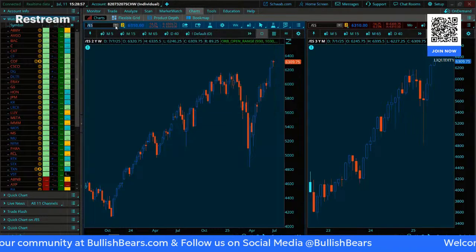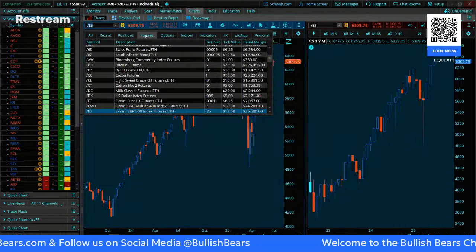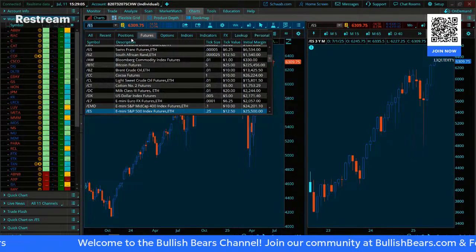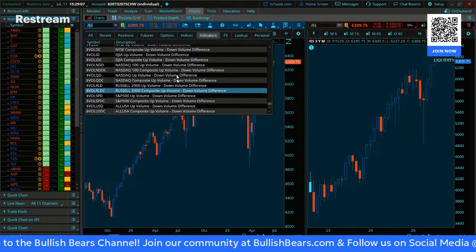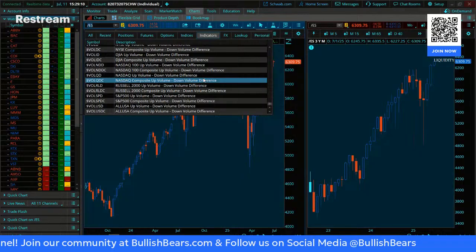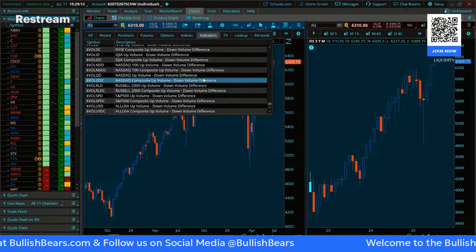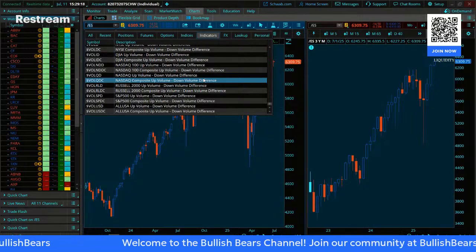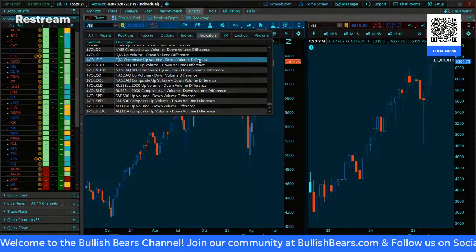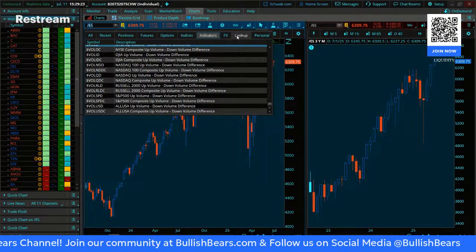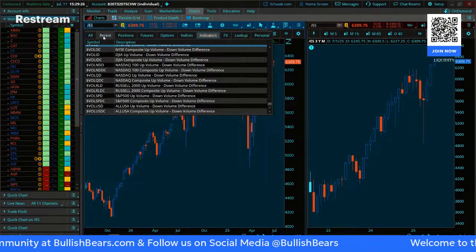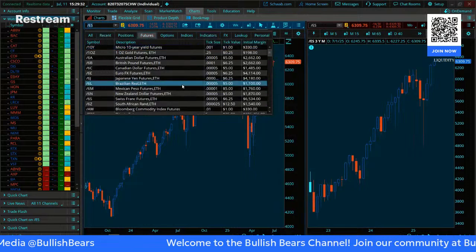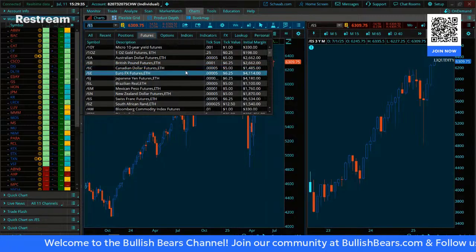When you open up the drop down menu, you have a bunch of choices across the top. Choose futures. Oh, there's some really good stuff hidden in there. The indicators is all of your market breadth stuff. That way you don't have to go searching for it through watch lists or whatever. It's just right there. And oh, it's so nice, right? Just to have it all built right in there. And you got FRED if you want it, like your government FRED data, you can run lookup. Oh, it's so nice. And all your recents too. Yeah, it's handy.